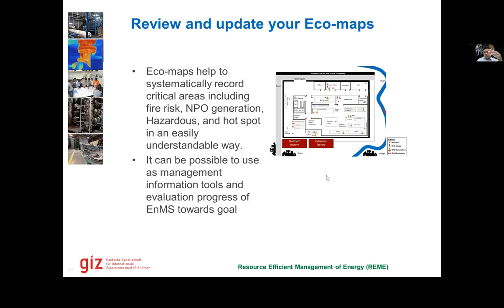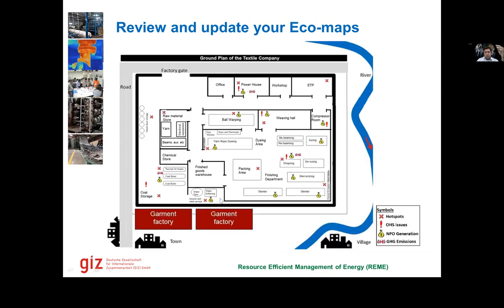Then we could use our eco maps. Remember, you developed these eco maps, and we identified different kinds of NPOs in different areas. So you could post an old eco map, and you could conduct a new eco mapping. Don't do it yourself. When you go for monitoring, involve the company's team and ask them to do the eco map. So one is a before-improvement eco map, and one is the after-improvement eco map. Then you can see in which areas we had some NPOs, and in which areas we now don't have these NPOs. So this can also show a visual impact in our reports, that visually we have also provided improvements.